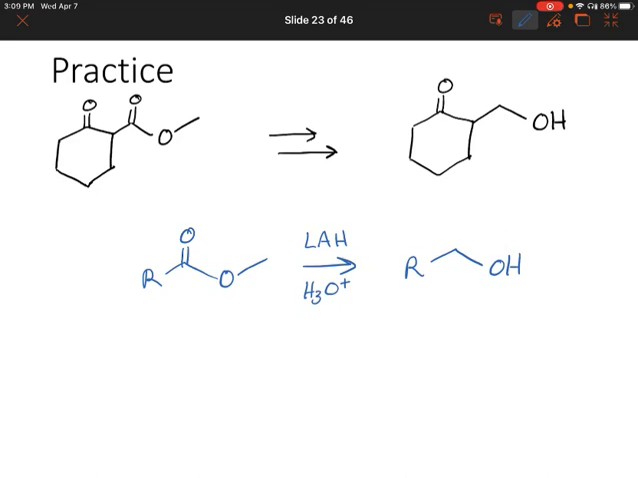Okay. What about the ketone though? Because we do have a ketone up above next to the ester, right? Wouldn't lithium aluminum hydride also react with the ketone? So how can we make sure that lithium aluminum hydride only reacts with the ester and not the ketone? Well,